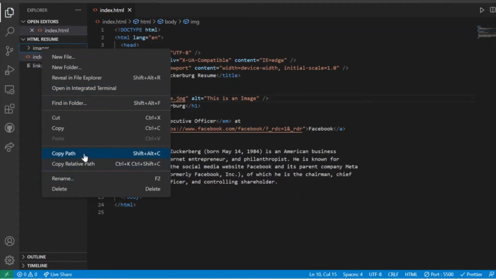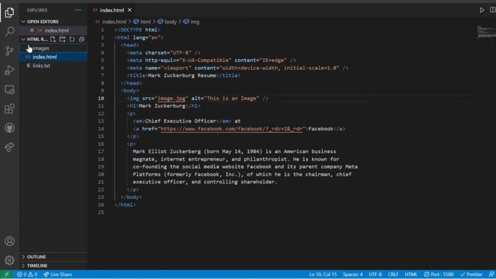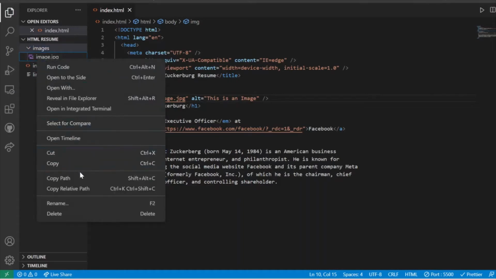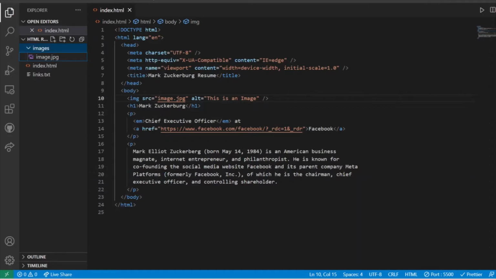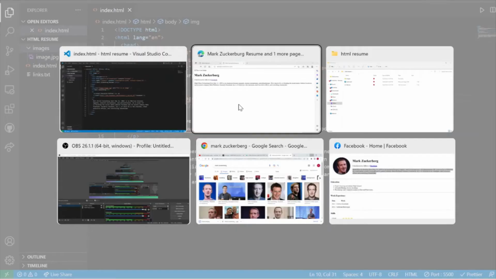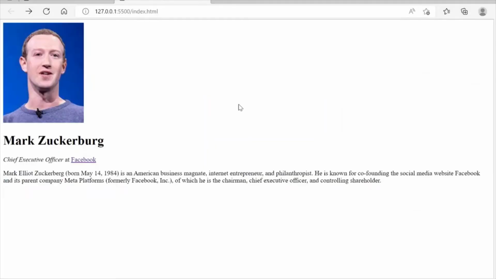You can copy the path, since we need the path of the image, and paste it over here. But instead of doing this, you can directly mention your folder name. So our folder name is images, then a slash, and our actual file name, which is image.jpg, and when I control save, you can see that the image is now displayed again.